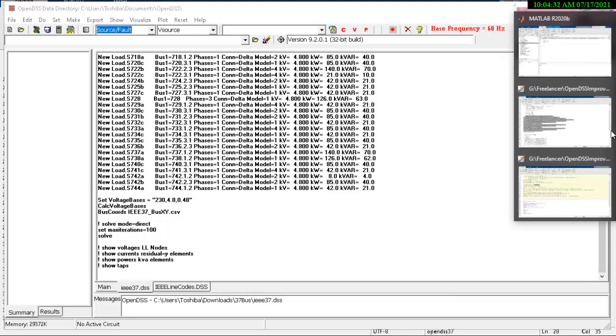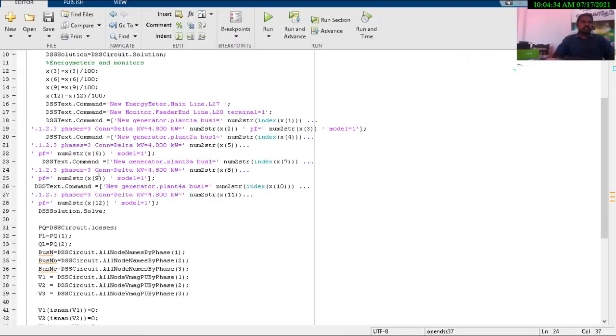When you run this, everything is assigned: the capacity in kilowatts, the power factor, and the position. We use the index of x comma 4 because a normal 37 bus feeder system has indices like 701, 702, so we assigned it this way.